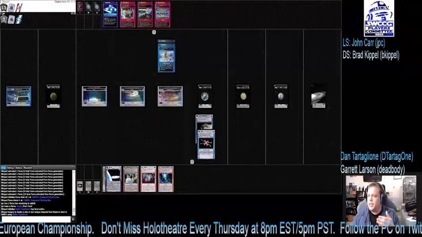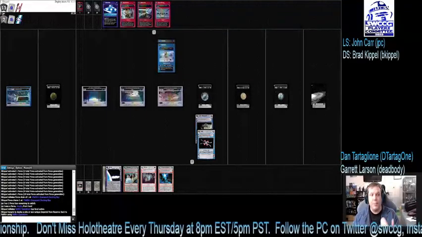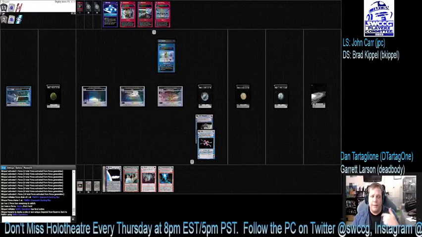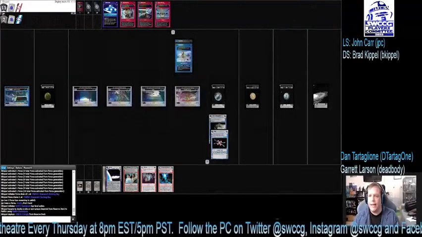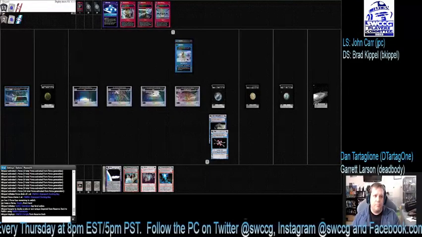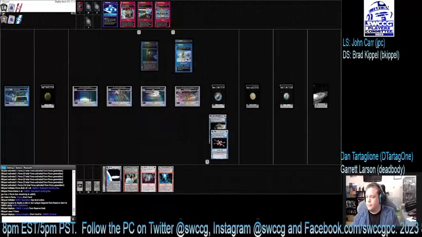And he saves 3 force. That tells me that he might have a Spiral or some sort of way to cancel a battle if Brad comes down with it. But I actually expect to punch it. Or that. In this era, like